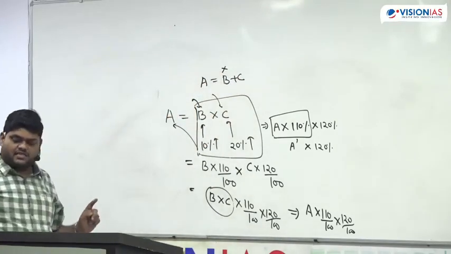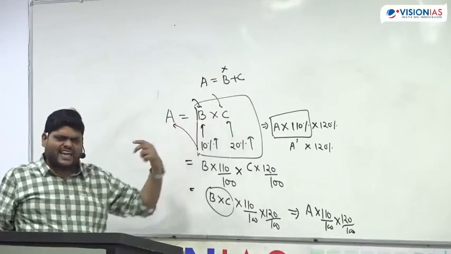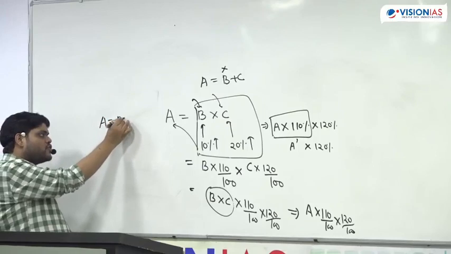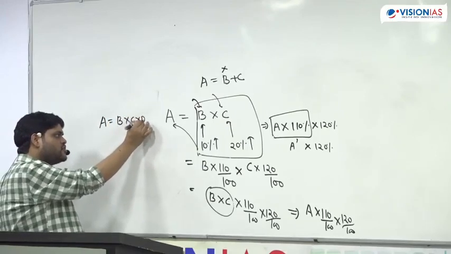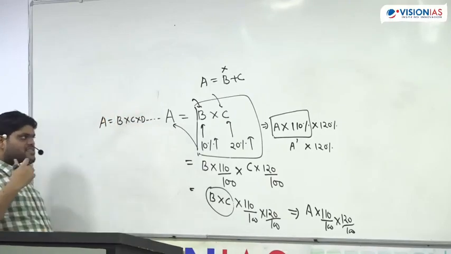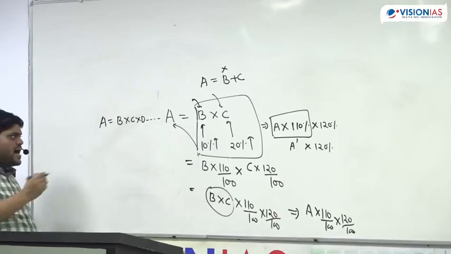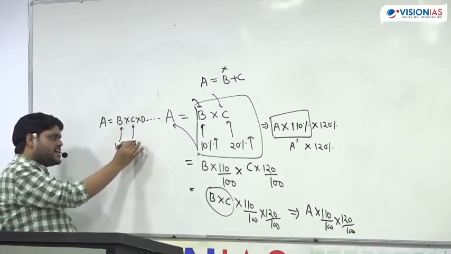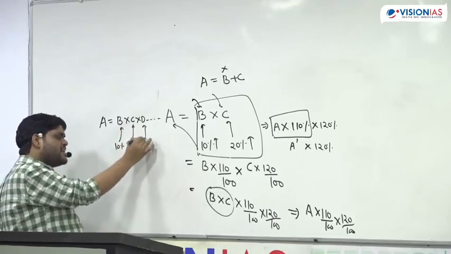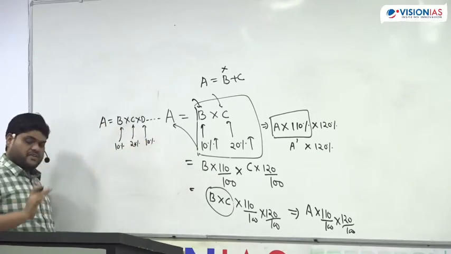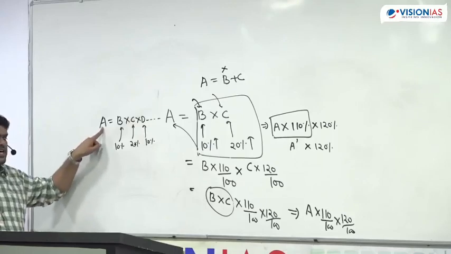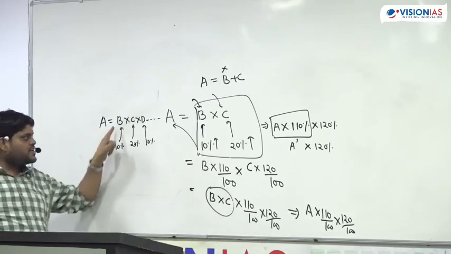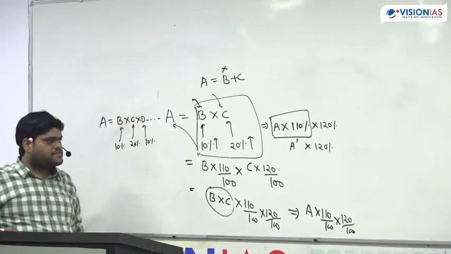It can be two things, three things, anything, like A is equal to B into C into D and so on. That means this is going on in multiplication, and if there is a 10% or 20% increment or decrement, whatever is given, you can simply start increasing or decreasing A itself. No need to do it separately. For example,